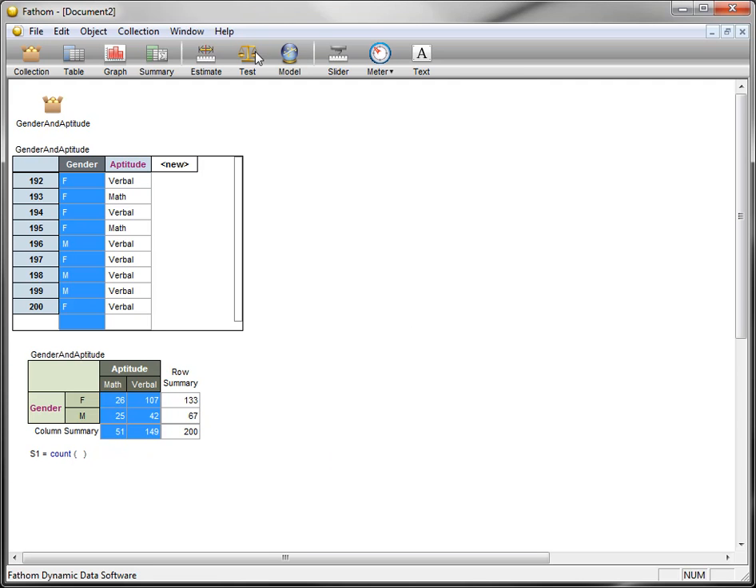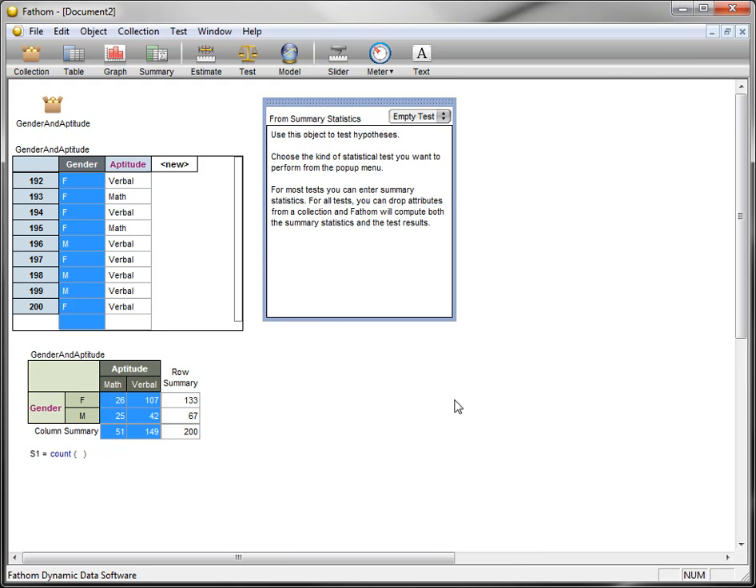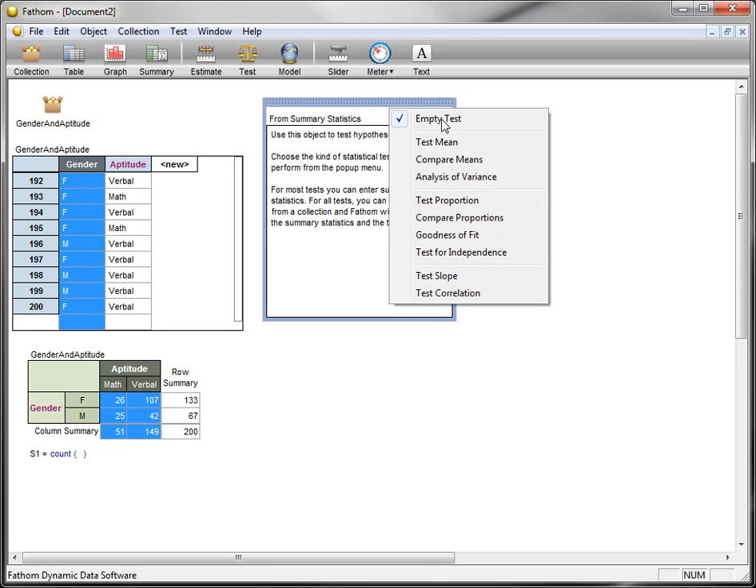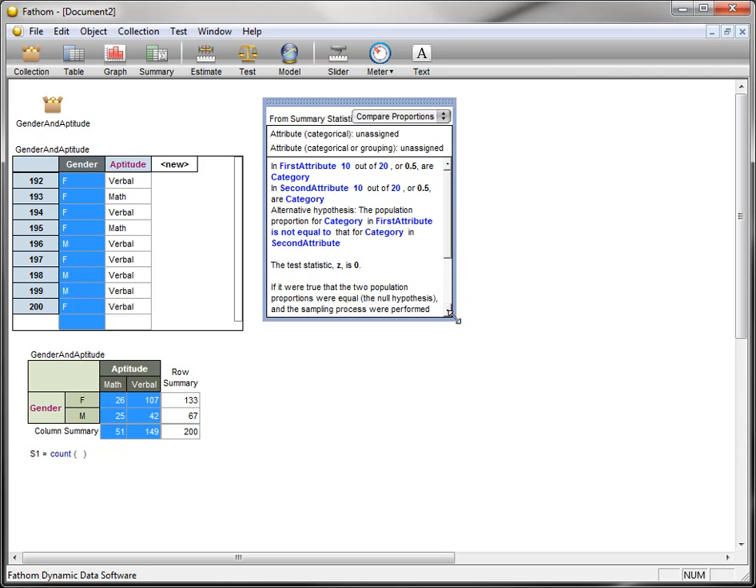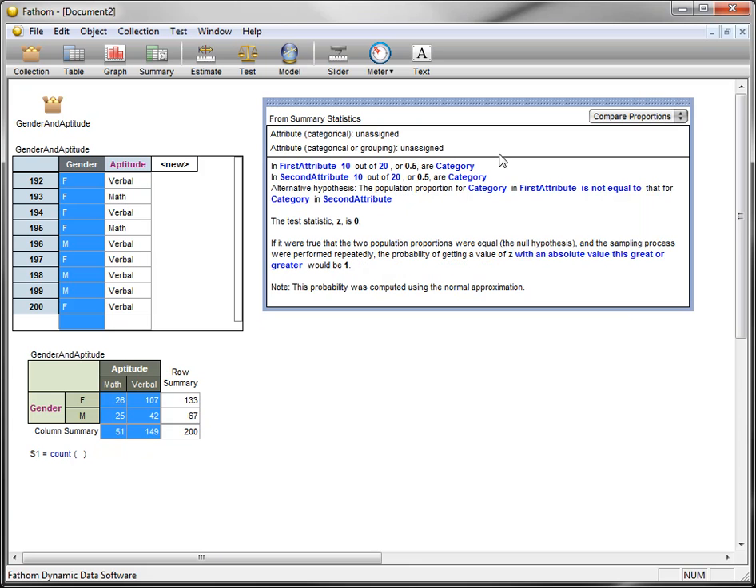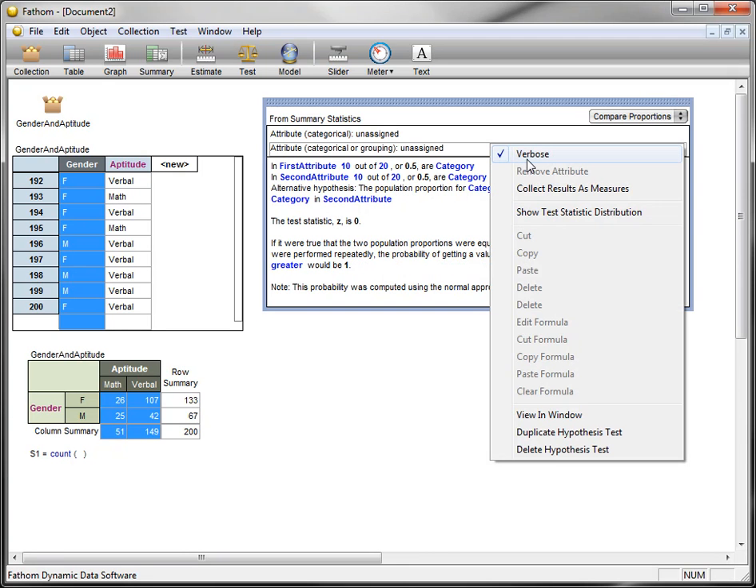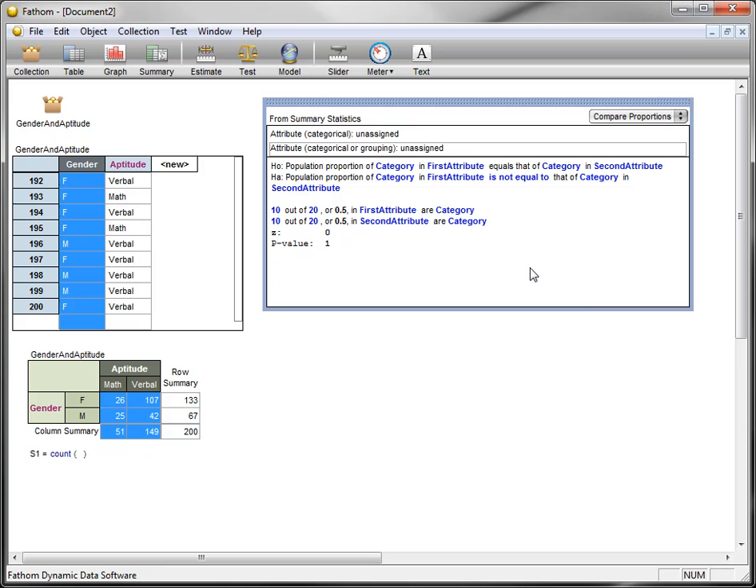So we drop down this test option from the menu toolbar. The type of test we want to do is on a comparison of proportions. That is, we have two populations, men and women, and whether or not they're better at verbal versus math SAT. So that's the option we want to choose here. I'm going to go ahead and shut off the verbose option by right-clicking and unchecking this verbose thing right